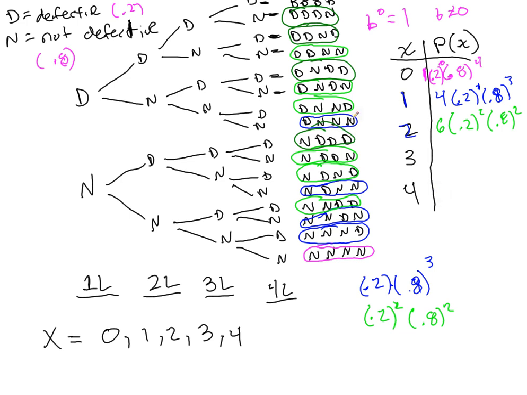So it looks like there are 4 of them, and then the only one remaining is where there are all 4 D's. So I just counted 4 of those. To have 3 D's means you have 20% times 20% times 20%, and you only have 1 N at 80%. So notice that. Hey, these powers are adding up to 4 all the time. We have 1, 2, 3, 3, 2, 1. And